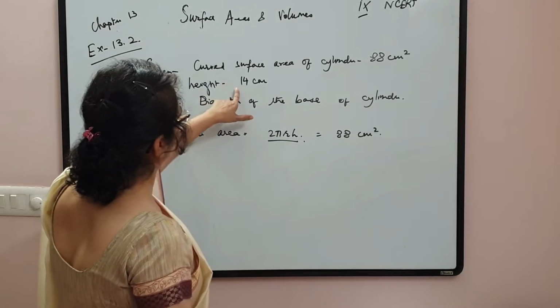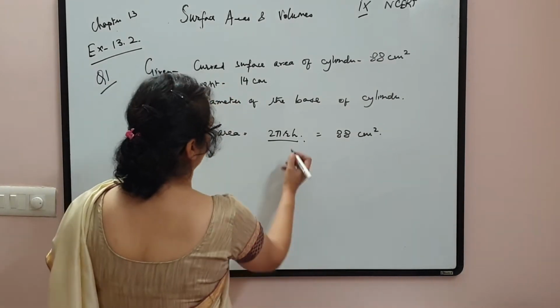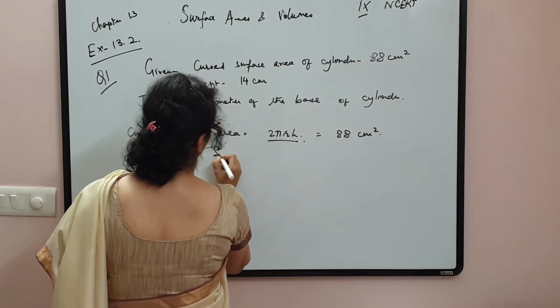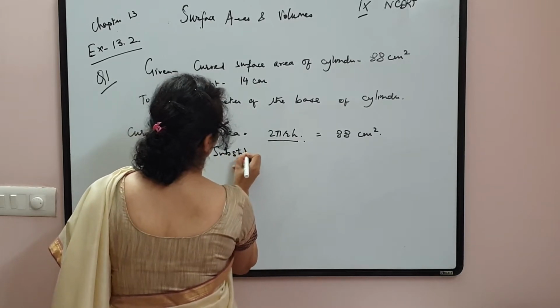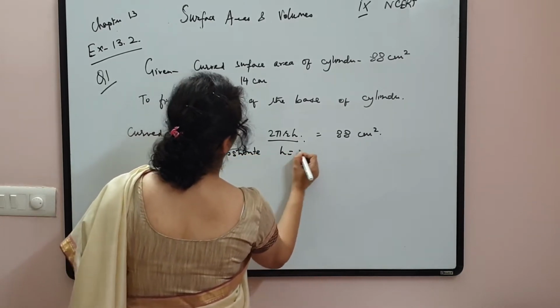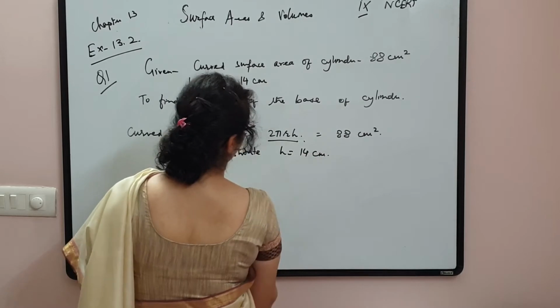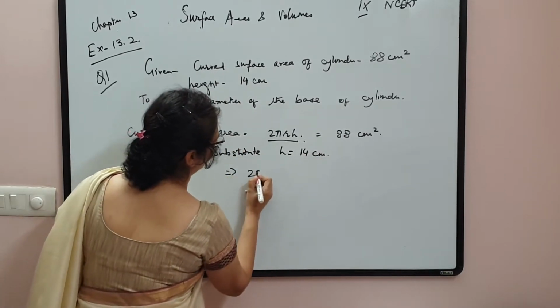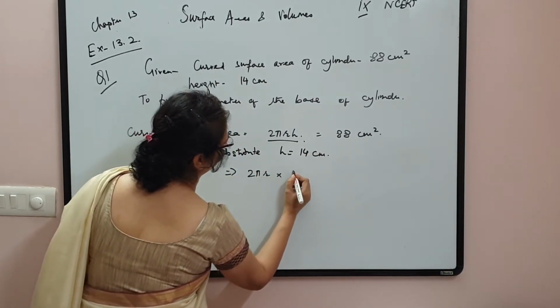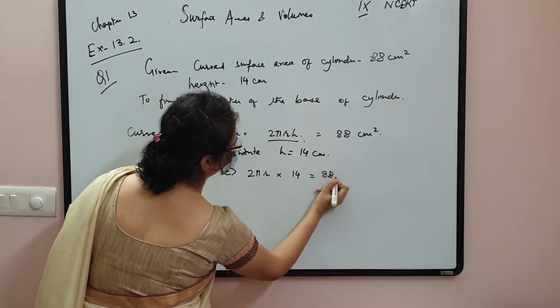What more have they given you? They have given you the height. That is, they have given you h. Substitute the value of h. H is equal to 14 centimeter. Right? So this implies 2 pi r into 14 is equal to 88. And children,